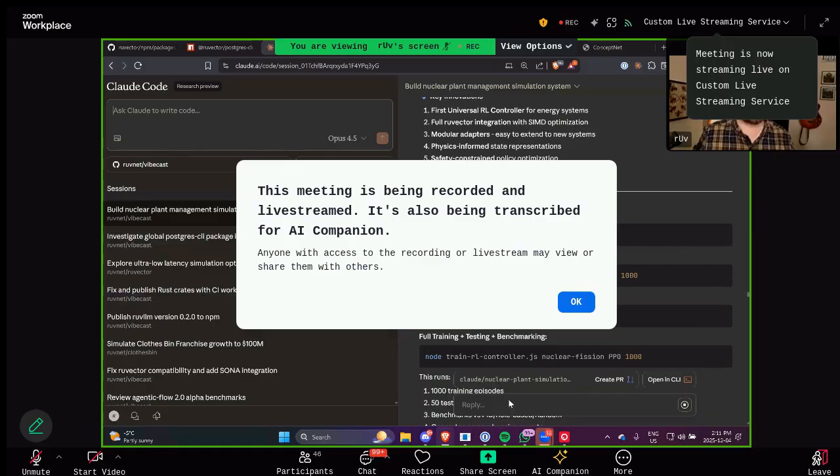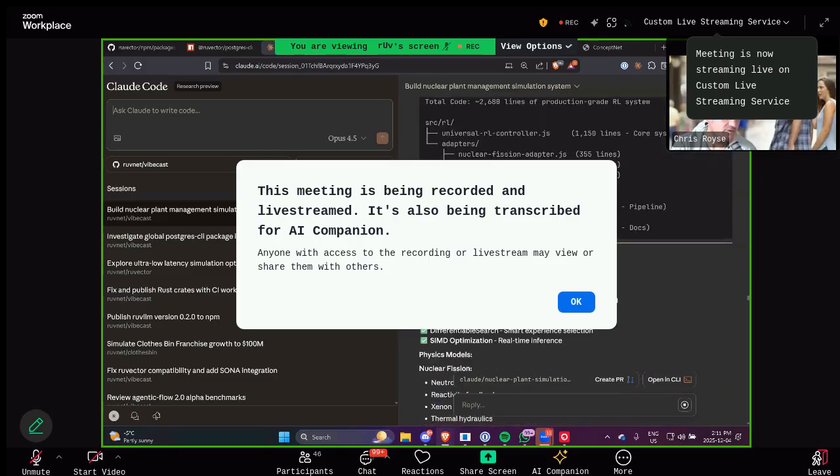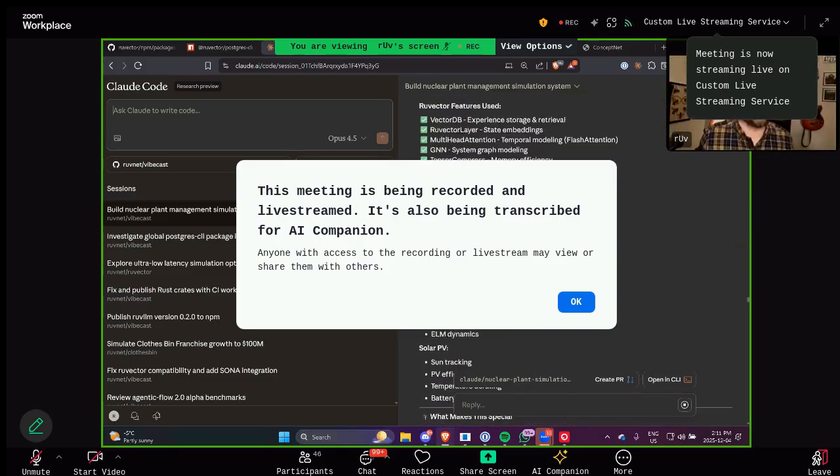Where Simulink? I'll give it a spin. All right, let me pull something up here for you. What else we got here? You know, the nuclear stuff is